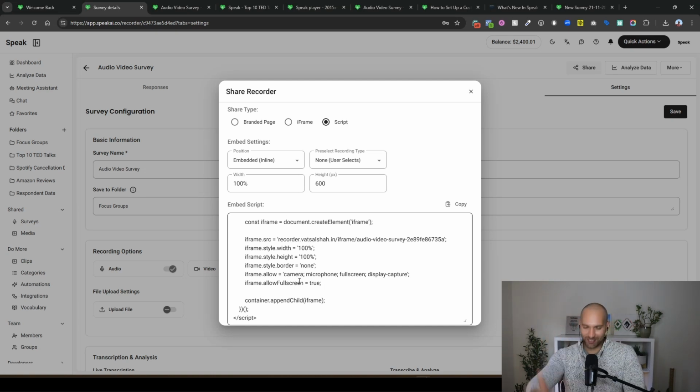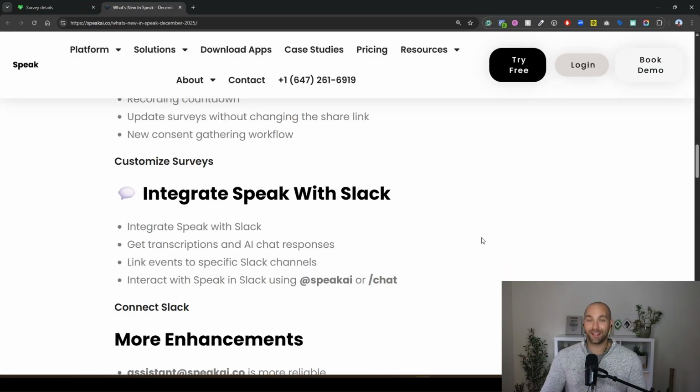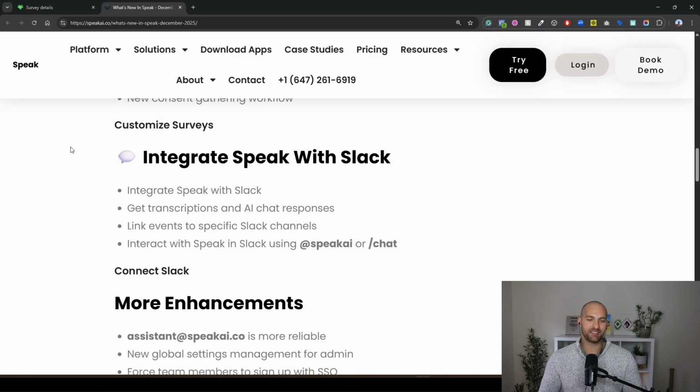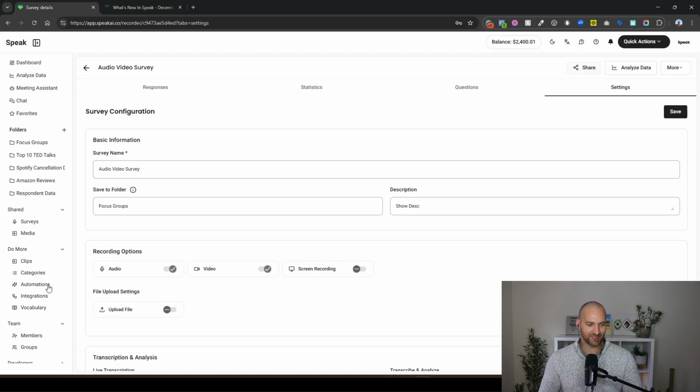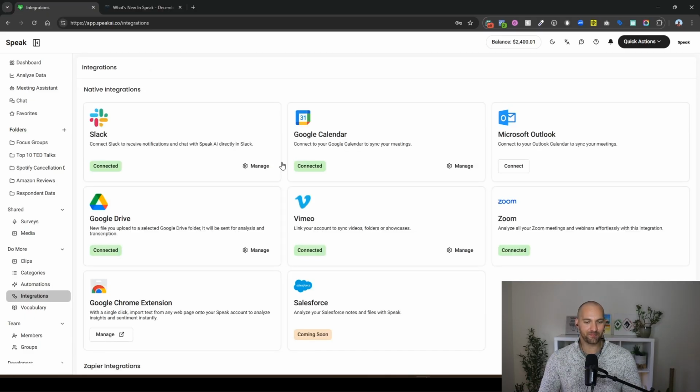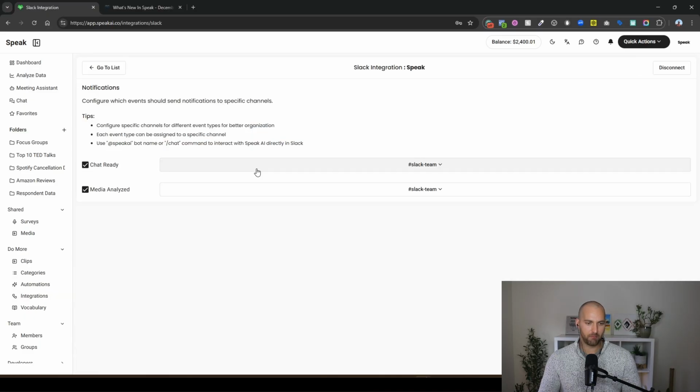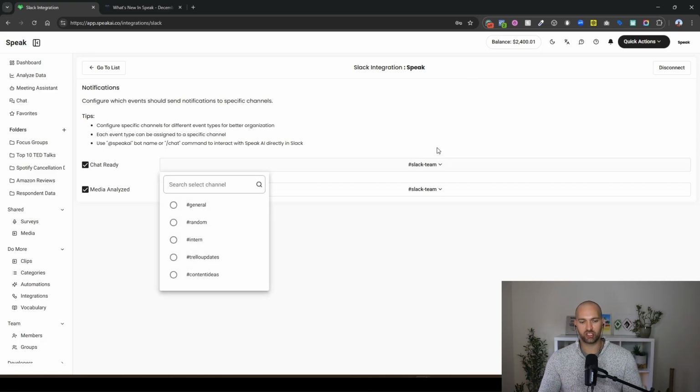And of course, you get the transcription, you get the analysis, all of that great stuff. Okay, so what else? We've got a very nice integration with Slack. This has been something that has been desired for a long time, and you can now easily manage. What's great is you can choose specific events and then push it to channels that you would like it to